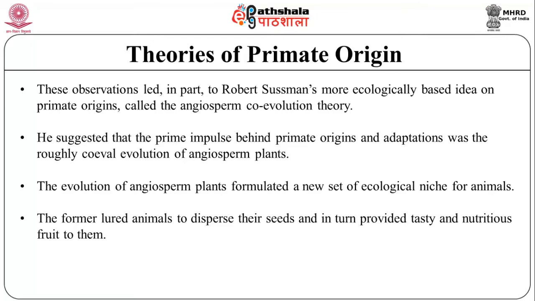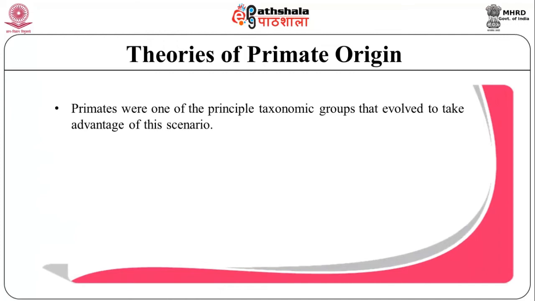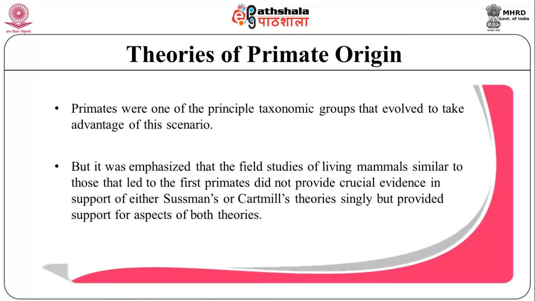The former lured animals to disperse their seeds and in turn provided tasty and nutritious fruit to them. Primates were one of the principal taxonomic groups that evolved to take advantage of this scenario. But it was emphasized that the field studies of living mammals similar to those that led to the first primates did not provide crucial evidence in support of either Sussman's or Cartmill's theories singly, but provided support for aspects of